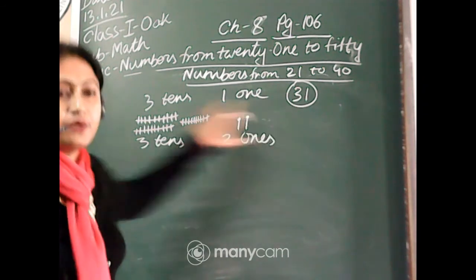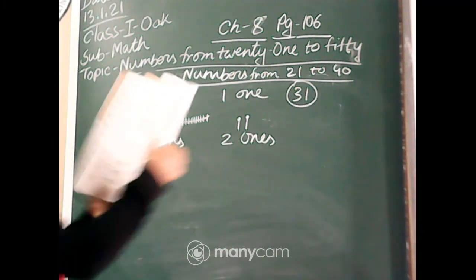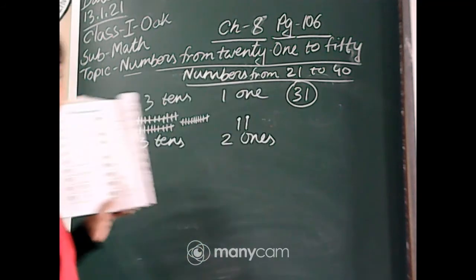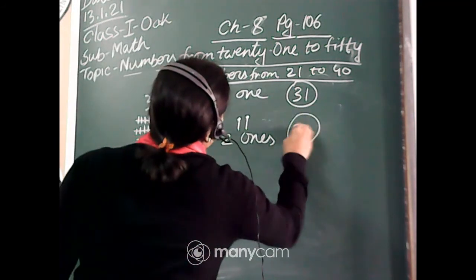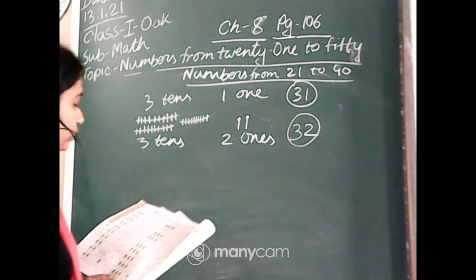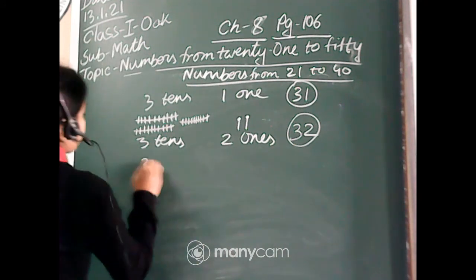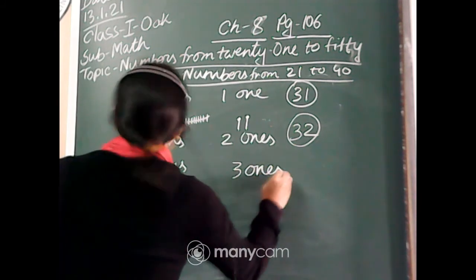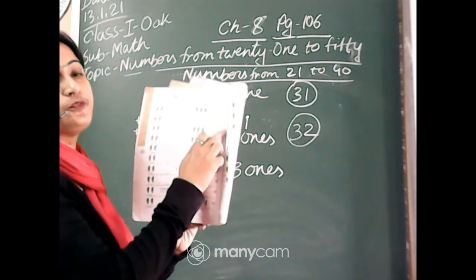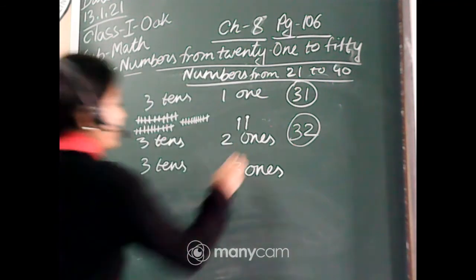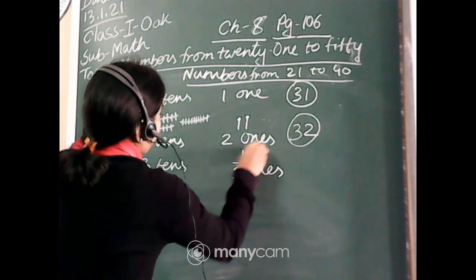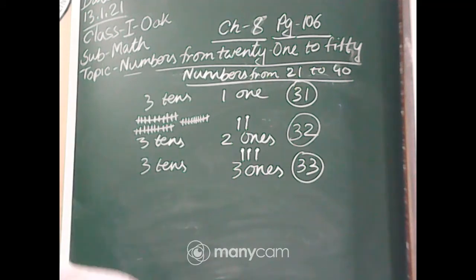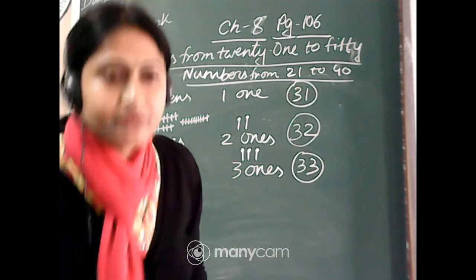So here 3 tens and 2 ones. What is the number? You all please draw in the blank portion. 3 tens, 3 bundles of tens. You all please draw. Okay, very good. 3 tens and 2 ones, the number is 32. And next, 3 tens are drawn, no need to draw. And 3 ones, but in the ones room no matchsticks. In the ones room you have to draw 3 matchsticks. Please draw 1, 2, 3. 3 tens and 3 ones, the number is 33. Very good, beta.